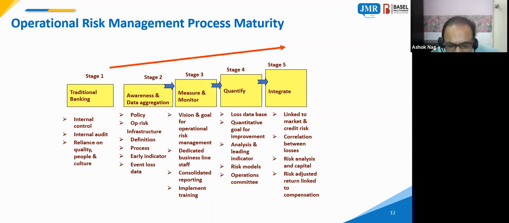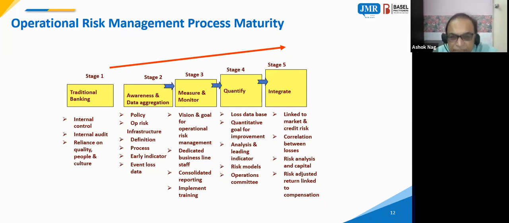An operational risk event has to be understood and classified. What is the source of the risk has to be identified manually at a certain level. We have not reached that kind of artificial intelligence maturity where any operational risk event can be automatically captured and reported to the database. So it is an important responsibility of the operational risk department to sensitize branch level people on the requirement for recording operational risk events and what the controls are. We'll come to those things later.